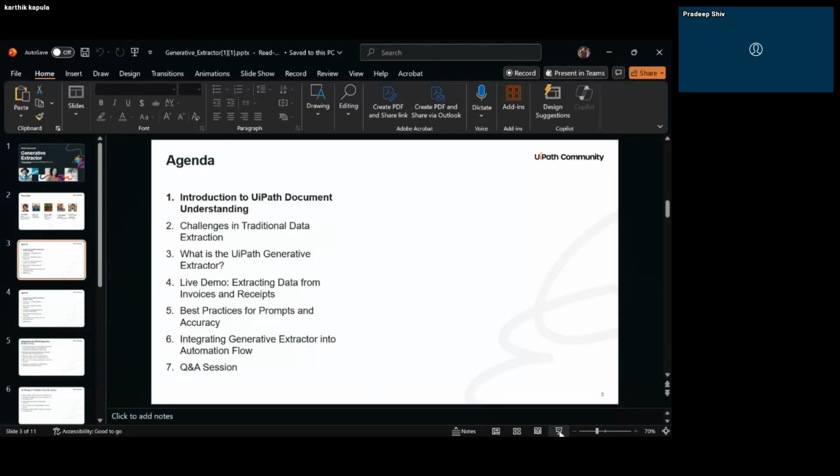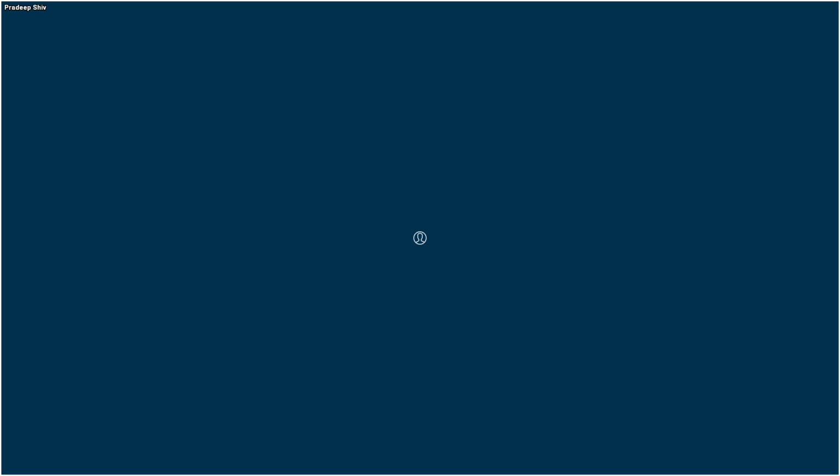Here we'll see how the generative extractor makes things way simpler. In the live demo, we'll show a quick demo so you can see how it works in real time. Then best practices for prompts and accuracy: we'll talk about how to write good prompts and get better accuracy. And integration with generative